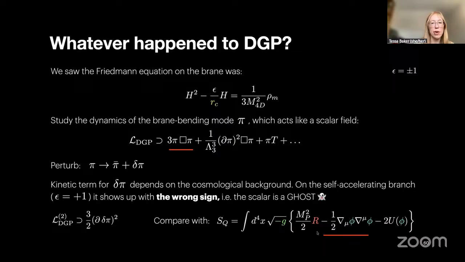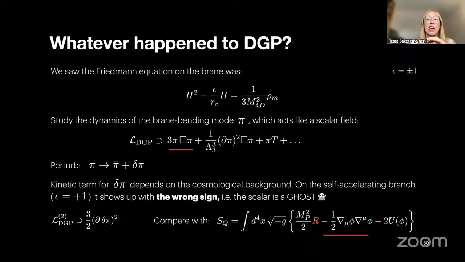Whereas if you look at something like quintessence, which we had yesterday, it's got the opposite sign to the standard canonical scalar field kinetic term. So ultimately, DGP, at least the self-accelerating branch, ends up having a ghost and therefore is unstable